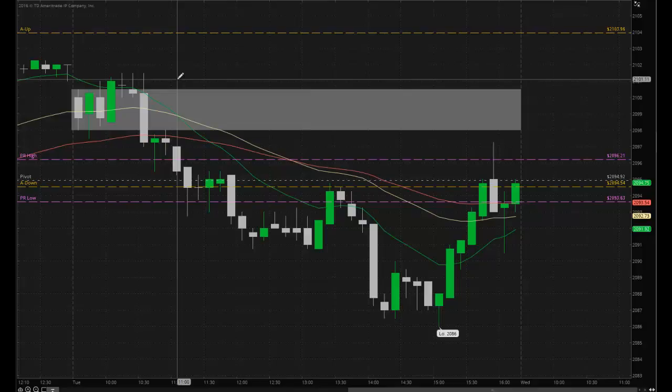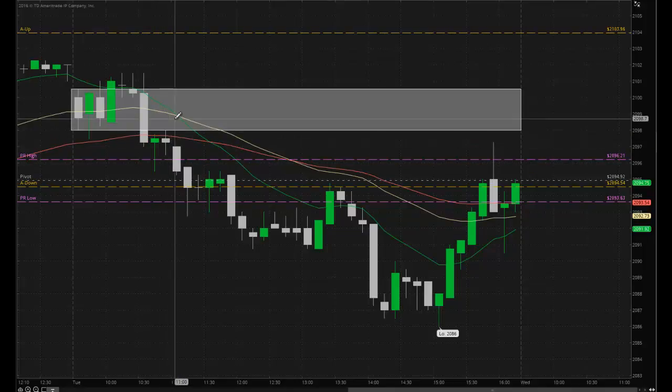I've got a pivot range here that's supposed to be support, and I've got an A down number right in the middle of it, and that should be support too. So you've got all these things going on. It's like, okay, I can buy against this pivot range, and if you'd bought here at 96 and a quarter, you got a nice little bounce back up to the bottom of the opening range, but it couldn't get back into the opening range.